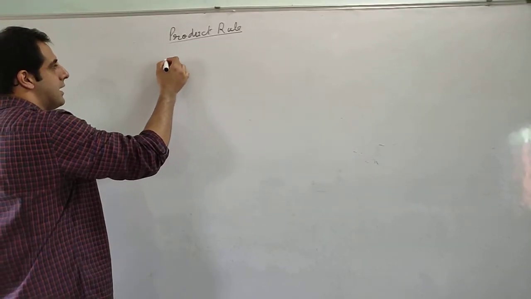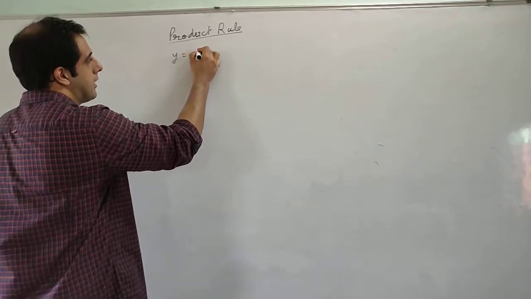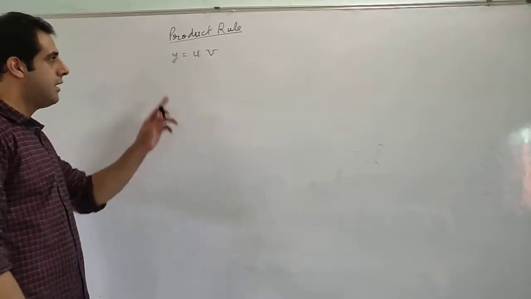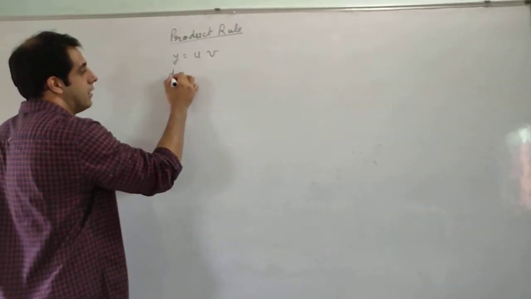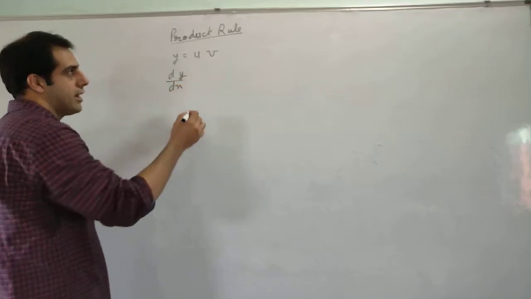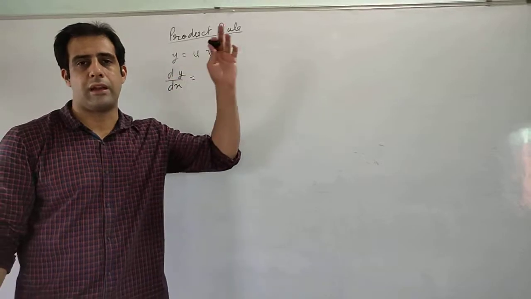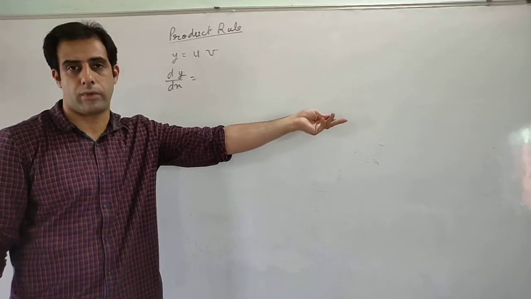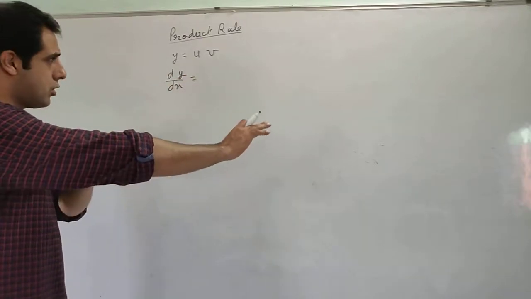So it says that if y is a function of two variables, let us say u and v, y is equal to u multiplied by v, and we are differentiating y with respect to x, and u and v have some values. They can be constant also, and they themselves can be function of x. Okay, we do not know. We are not concerned about this. We just want to know the formula.